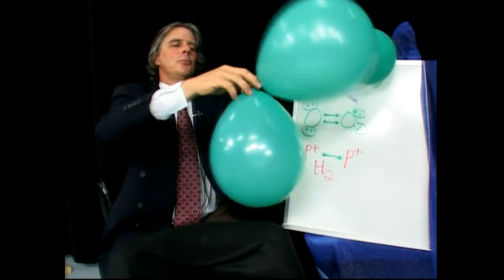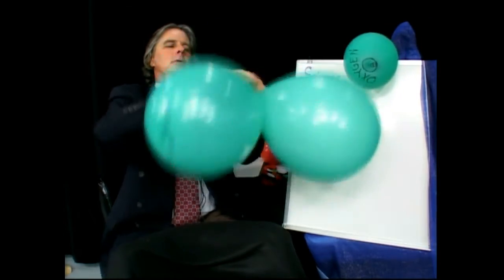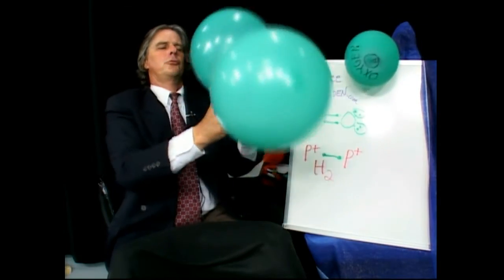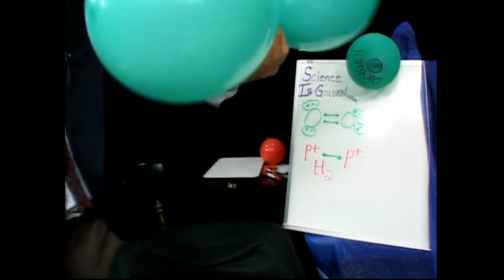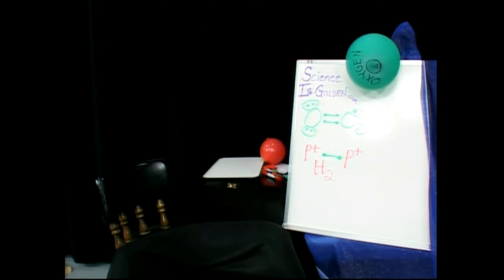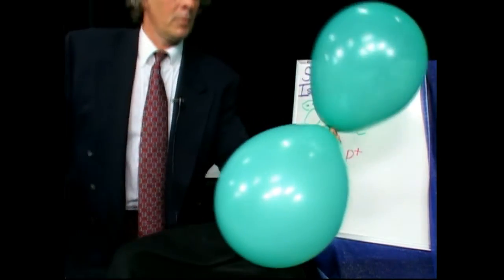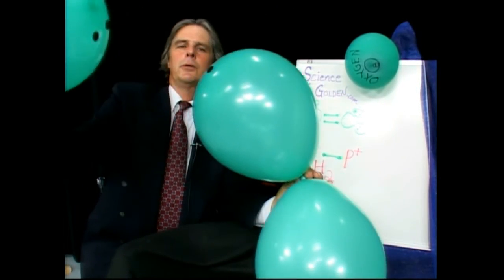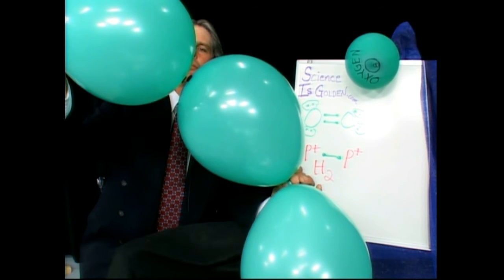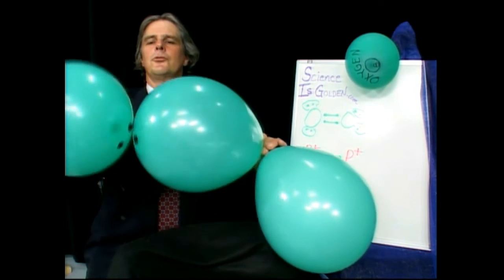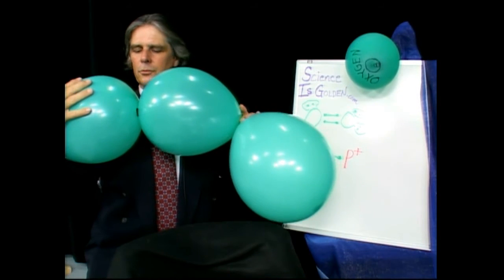we can tie these. We're going to just kind of do it for general purposes and hope that it holds for a second. This is an O2. Along comes another O2 that gets zapped by an ultraviolet ray up there. Dissociates, that means it splits the oxygen. And now what you're going to end up with is a double bonded oxygen. With a single bonded oxygen, there's going to be a lone pair of electrons out there because